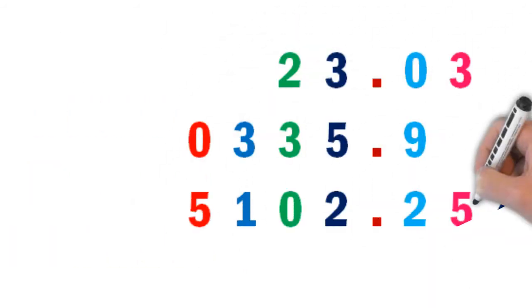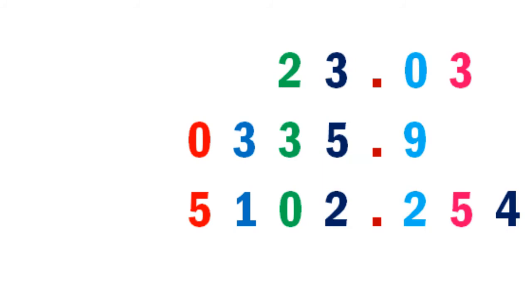Now the decimals are aligned according to the place value of different digits. That is, thousands below thousands, hundreds below hundreds, tens below tens, ones below ones, tenths below tenths, hundredths below hundredths,